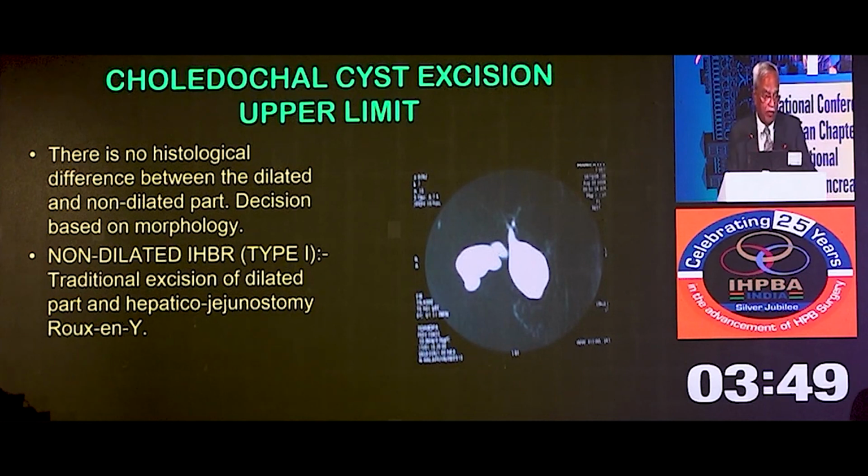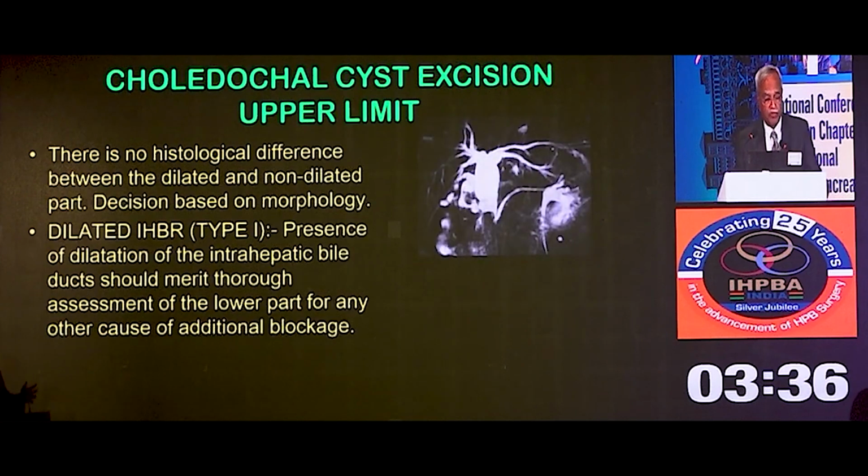What about the upper limit? There's no histological difference between the dilated and non-dilated part. So the decision is based entirely on morphology. Traditional excision of the dilated part and the hepaticojejunostomy. But what happens if there's a dilated